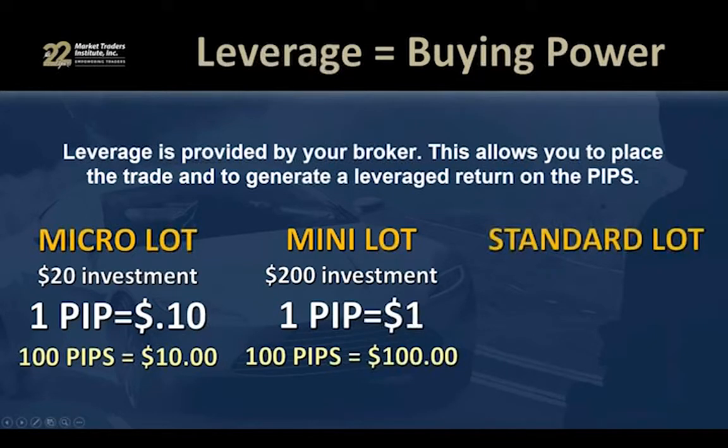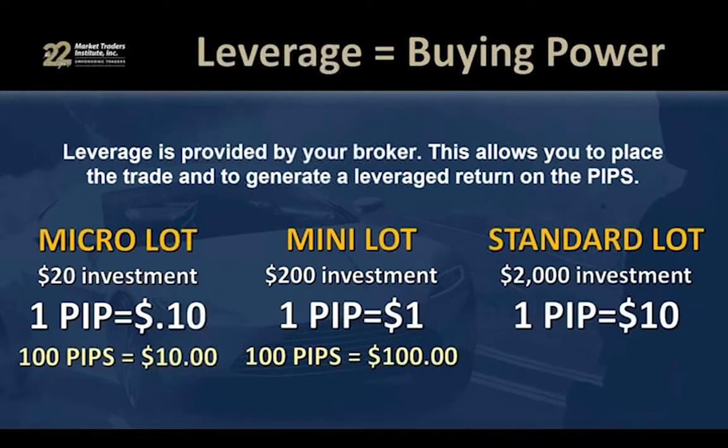Now, what we really want you to do is get to the point where you're running in this market. What you're trading is what's called a standard lot. A standard lot is the standard that most traders strive to achieve in this market. A standard lot is about a $2,000 investment from your trading account. Each pip is now going to be worth $10. So those 100 pips would be worth $1,000 if you're trading a standard lot. Now, I'm actually going to take this one step further here today.